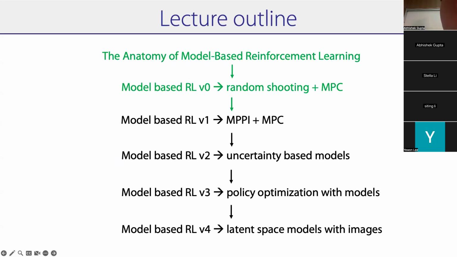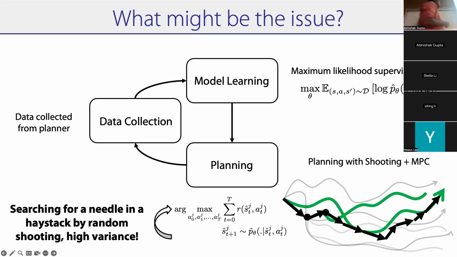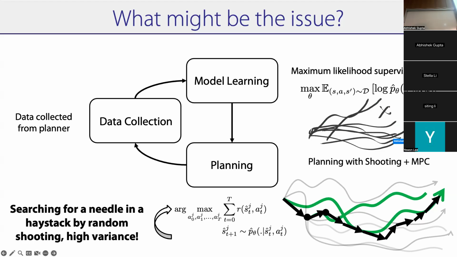So what we're going to do next, as she was saying earlier, is address that random shooting is a problem, right? So we need to make random shooting better. Random shooting, as you probably noticed, is kind of like finding a needle in a haystack. You're starting here, this is where I get reward, and I'm just going to hope that by playing random actions through my model, I'm going to get